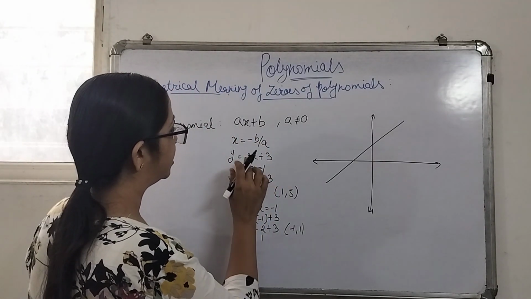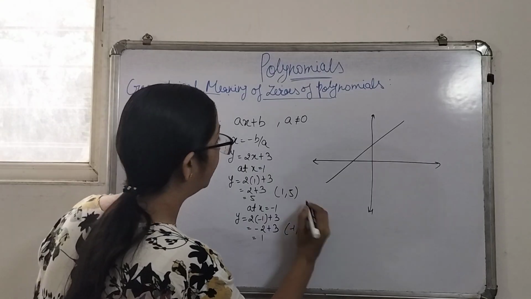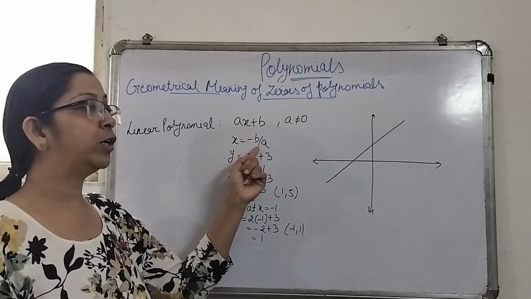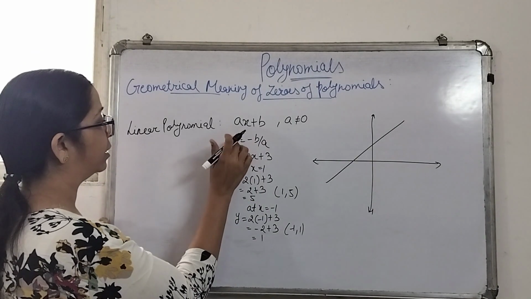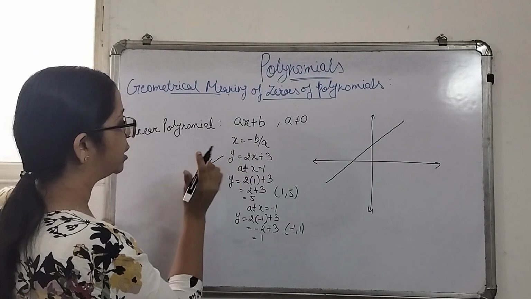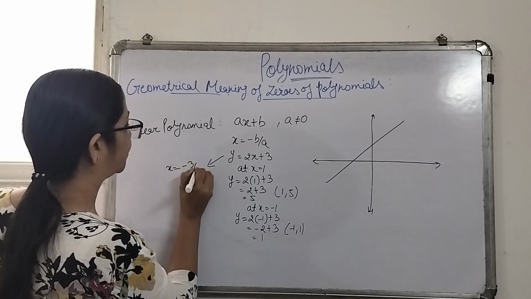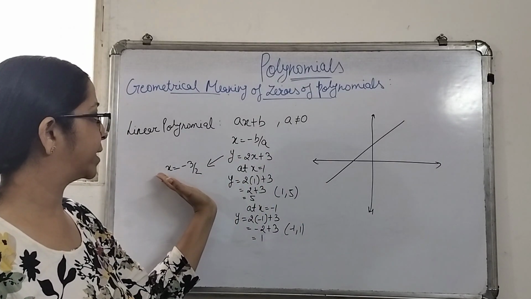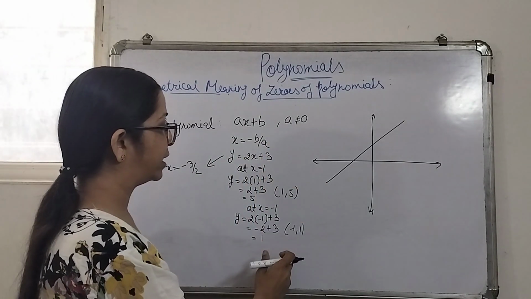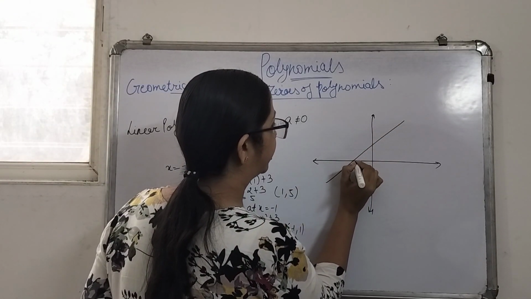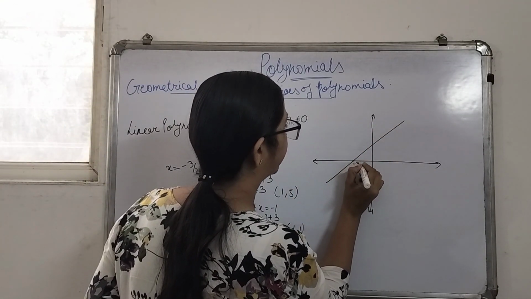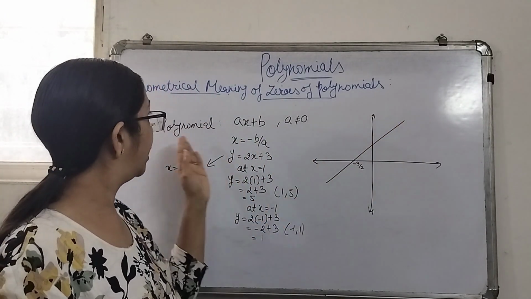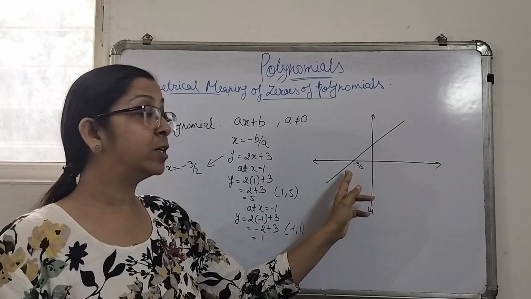And as we have just seen, the zero of the polynomial is minus b by a. For a linear polynomial ax plus b, the zero of the polynomial is minus b by a. So by the algebraic method we can say that the zero of this polynomial will be minus 3 by 2. By the geometrical method, now we will see how we find the value of x as minus 3 by 2. If we plot this graph, the point at which it intersects the x-axis will be minus 3 by 2. That means the point at which the graph of the polynomial intersects the x-axis will be the zero